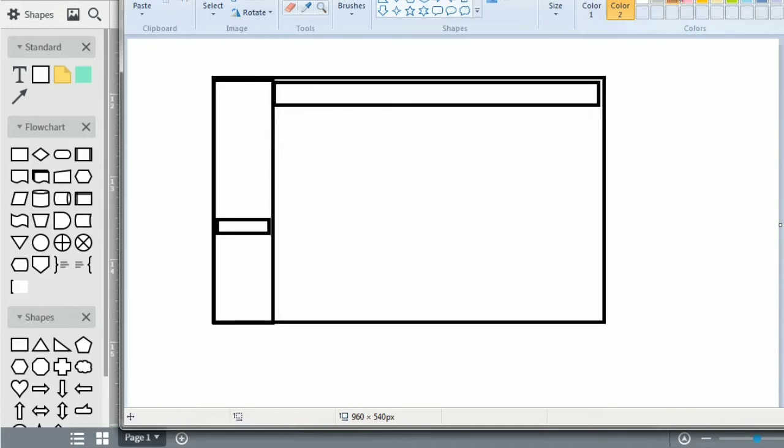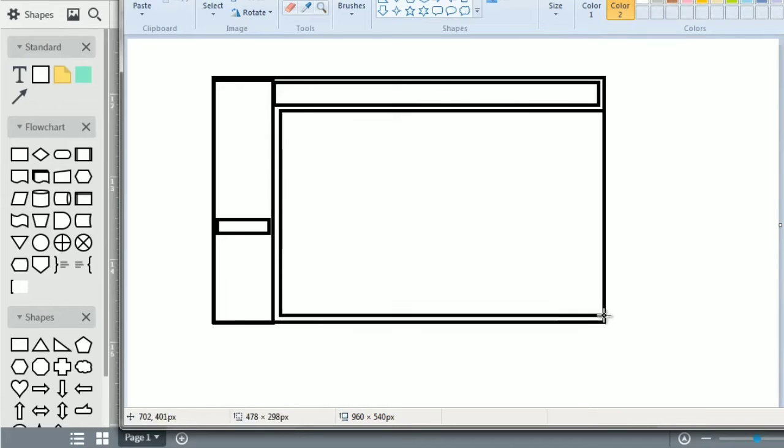So maybe we'll make this red. Yeah, we'll just keep it black. All right, so within here itself, we have the options here. So maybe the menu bar here,